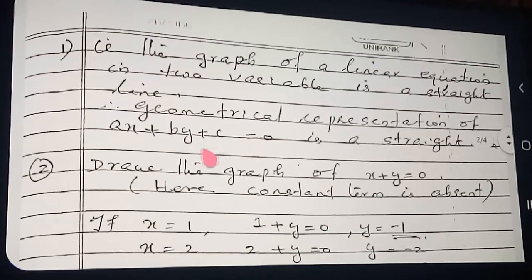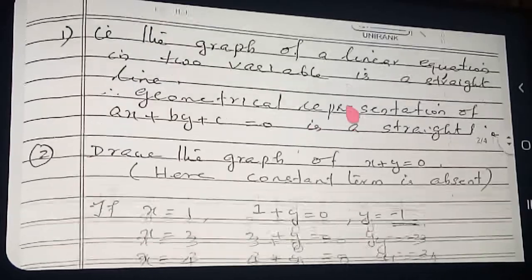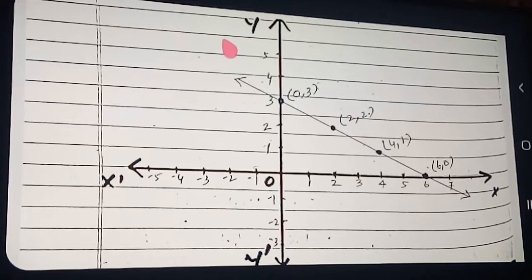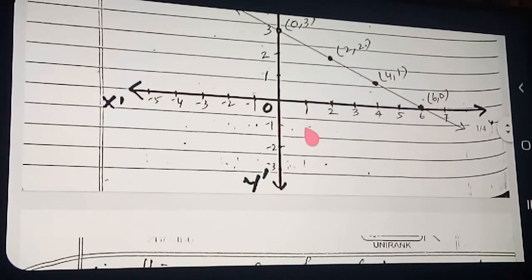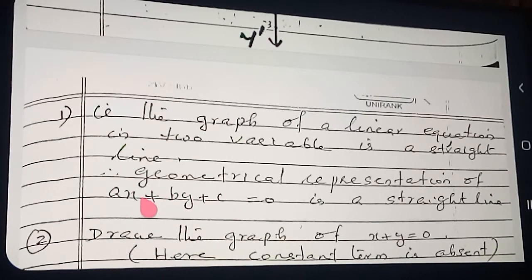And next one. Second case. This is the first case. The graph of ax plus by plus c is equal to 0 is always a straight line. So you can see that the straight line intersects the x-axis also, the y-axis also. It will intersect the x-axis and y-axis both. Here the x term is there, the y term is there, the constant term is there. So it will intersect the x-axis and y-axis both. Now the next type of graph you see, to make the concept clear. Ax plus by plus c, here the x term was there, the y term was there, the constant term also was there. Therefore it intersects the x-axis and y-axis both.